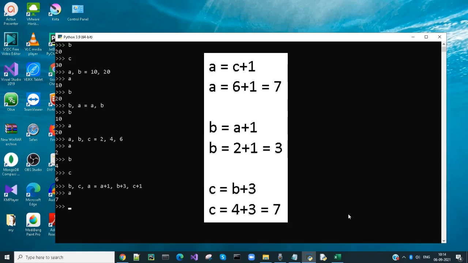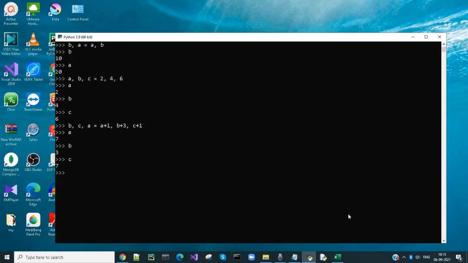Now the value of a is changed to 7, the value of b is 3 and the value of c is 7. So what will be the value of x, x is equal to 10, 20? The final value of x is equal to 20.